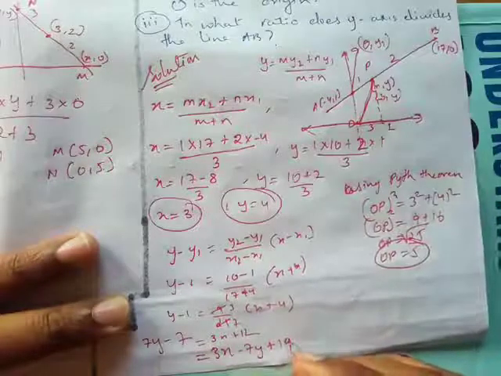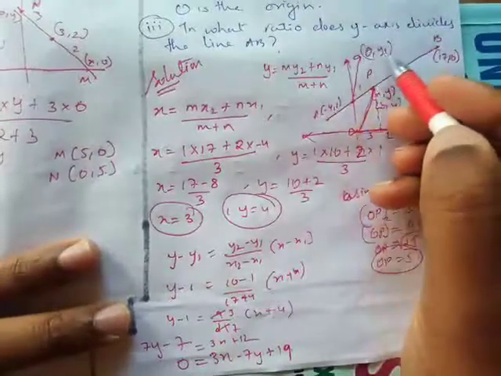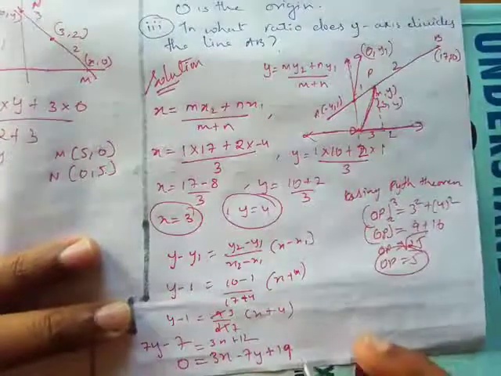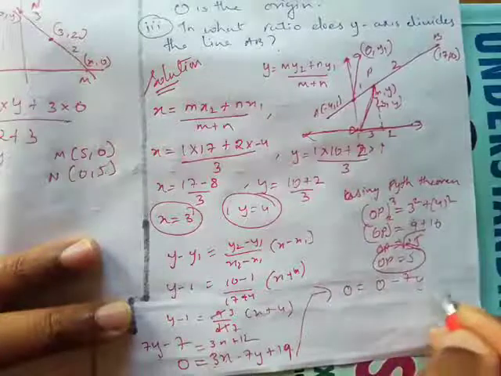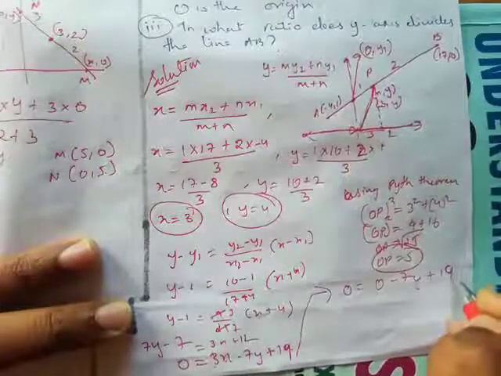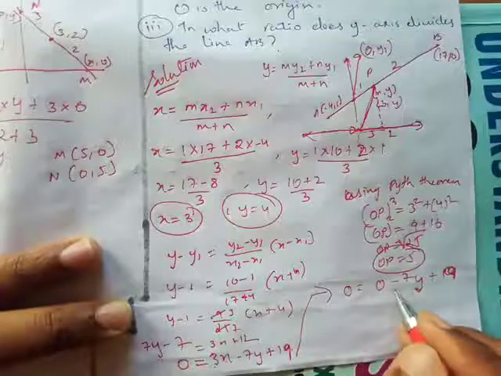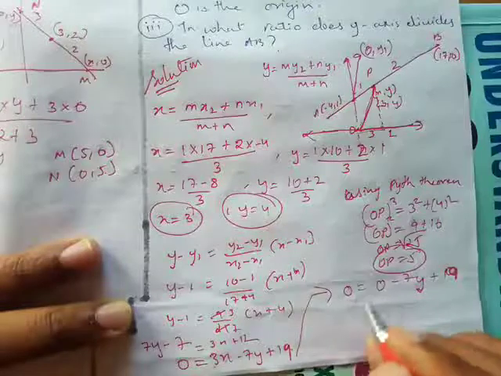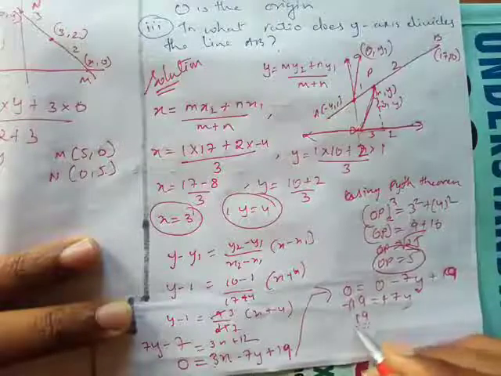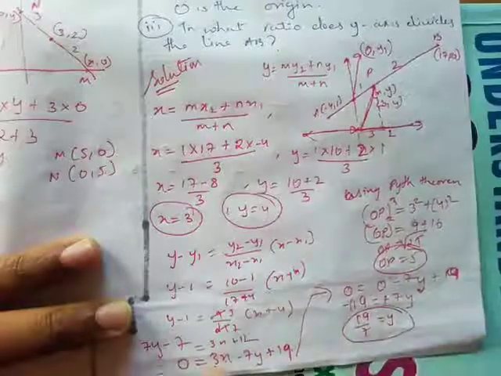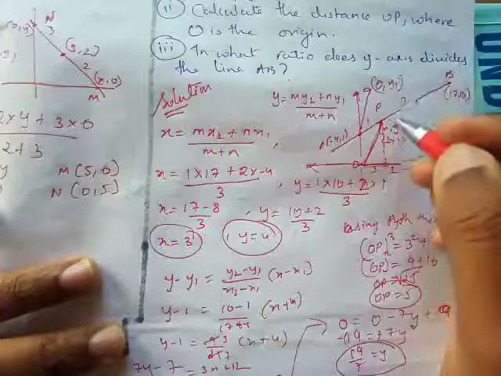Okay, this is the given equation for me. But if I put this point in this equation, कि x 0 है और y की वैल्यू ढूंढो, तो अगर मैं x को 0 पुट करता हूँ, लेट्स सी x को 0 पुट करके क्या निकलता है. सो इट्स गोइंग टू बी 0 इज इक्वल्स टू 0 माइनस 7y प्लस 19. Then 19 can be shifted on that side, so it's going to be minus 19 equals minus 7y, minus and minus cancel, 19 over 7 equals y. So this is the value of y for me, 19 over 7. You can write down in place of y, 19 over 7.